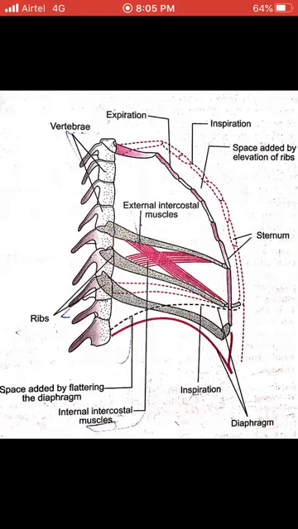So when the thoracic cavity increases, this expands the lungs, which decreases the intrapulmonary pressure from 2 to -6. So what happens when the pressure decreases? Then air rushes through the respiratory tract. This phenomenon is known as inspiration. At normal inspiration, 0.5 liter, that is 500 ml of air is inhaled.